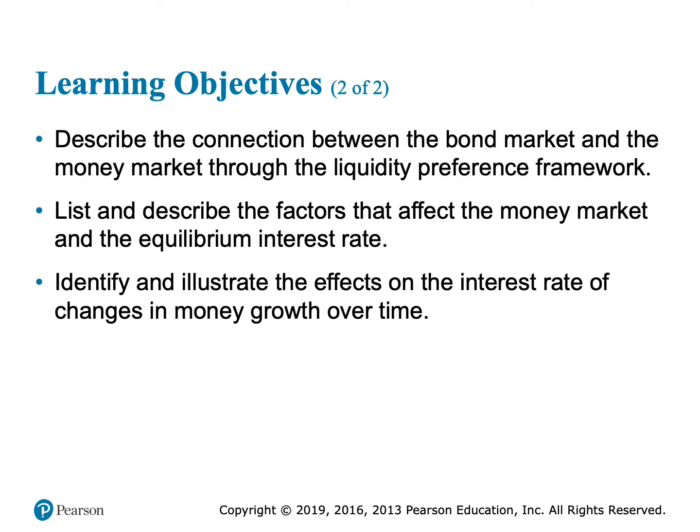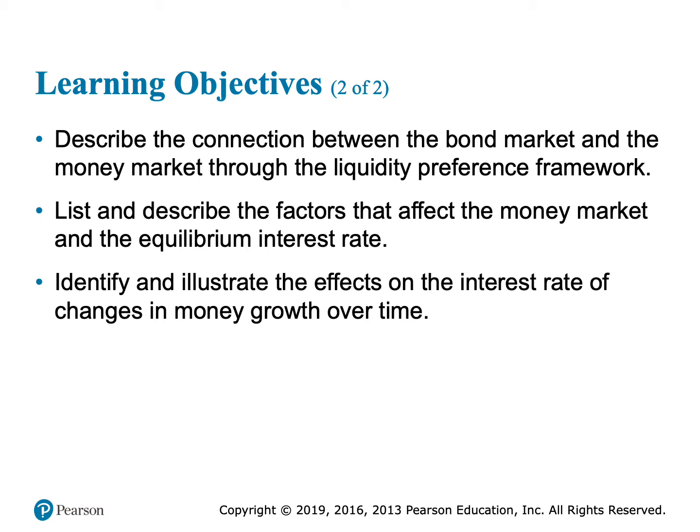We want to describe the connection between bond markets and the money market in the second half of this lecture series. And we're going to be doing this through Keynes's liquidity preference theory. We'll list and describe all the factors that affect the money market and the equilibrium interest rate as determined in the money market. So again, we'll be getting to know a market well, all of the factors that affect money demand, and all of the factors that affect money supply,